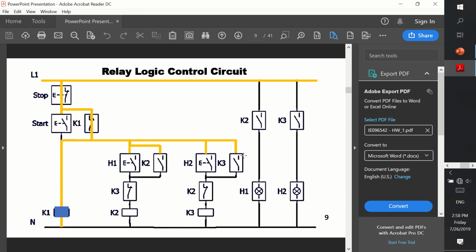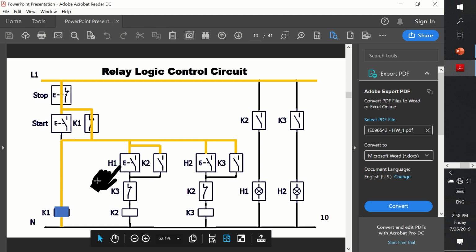Now the power is delivered and it is ready to be passed to the contactors responsible for running the motors, whether it is the first and or the second motor. So let's have the first scenario where the operator wishes to start the first motor based on a prescribed standard operating procedure, usually accompanied with the manufacturing processes. As you can see here, the operator presses H1 and there is a closed path